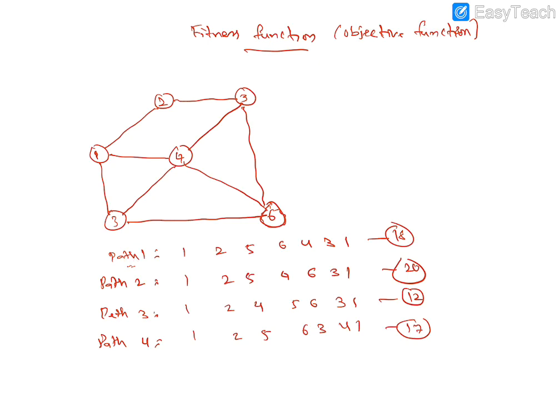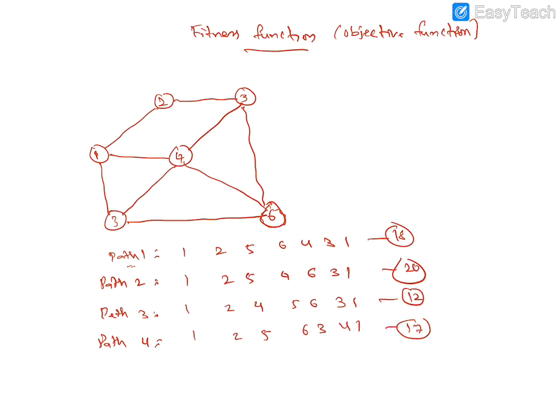And here if you look at path 1, what is given? 1, 2, 5, 6, 4, 3, 1. So 1 is the starting point, and again we are going to reach the end point as 1, source to source itself. And here what we observe is 18. So 18 is the value, or distance, or kilometers, whatever we are going to consider. That represents the distance from 1 to 1 in this path. And this is 20 for the second path, the third path is 12 and the fourth path is 70.